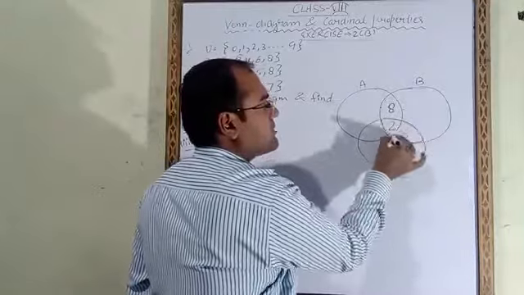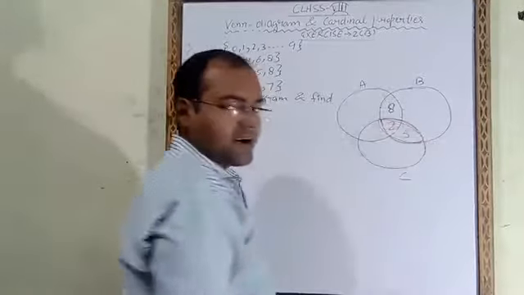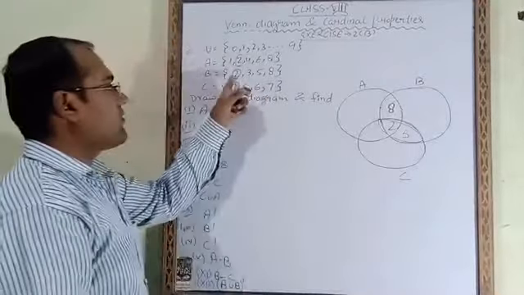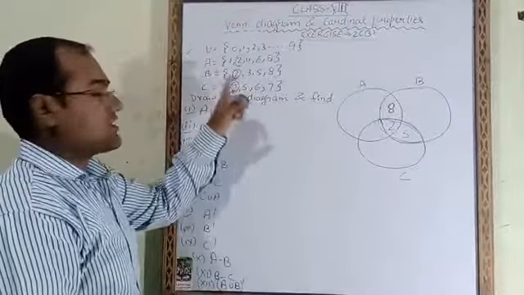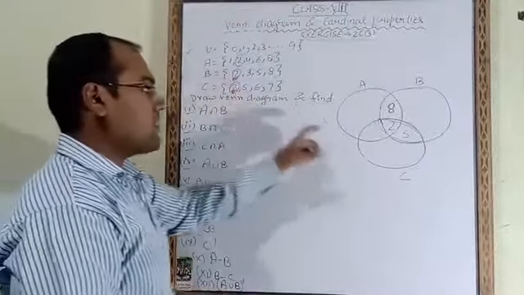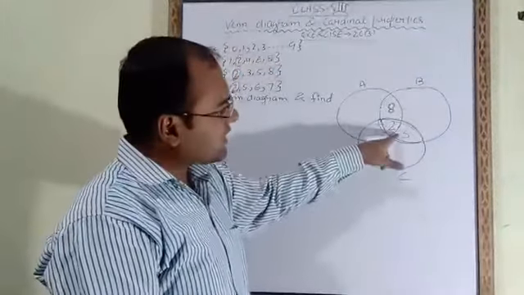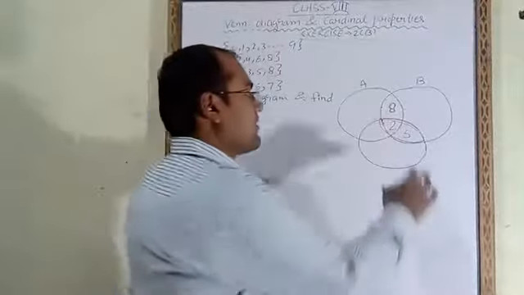This is the part which is coming in B circle also and in C circle also. So if we check B and C, which elements are common? 2 and 5 are common. 2 is already written there, so no need to write it again. So here in the remaining part we have to fill 5.